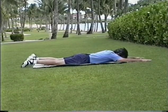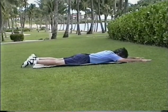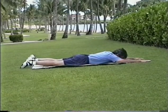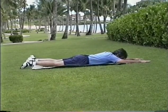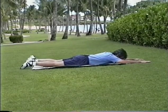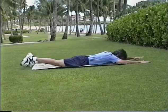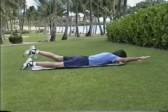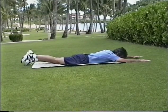Okay, first we're going to raise the opposite arms and legs. Contract your 3Bs, maintain neutral position, and accentuate the belly. It's especially important that you accentuate the contraction of the belly because the back and buttocks are automatically going to be utilized in this exercise. 1, just raise them a few inches, 2, off the ground, 3, and not allowing your lower spine to arch, 4,